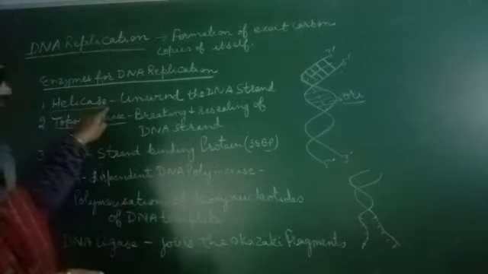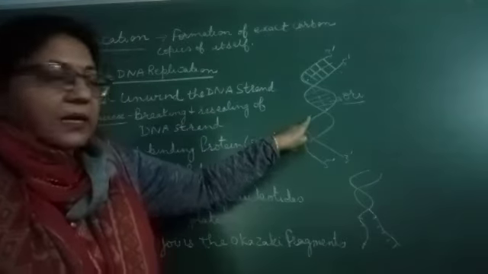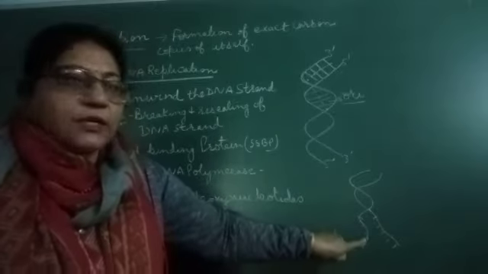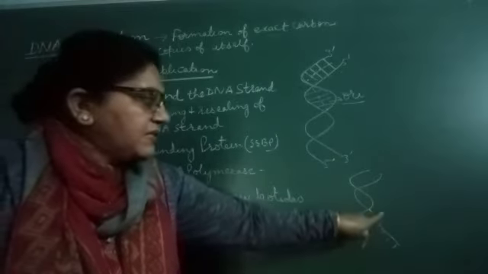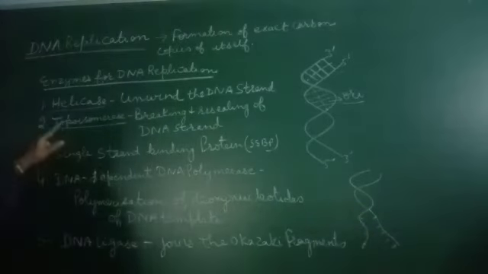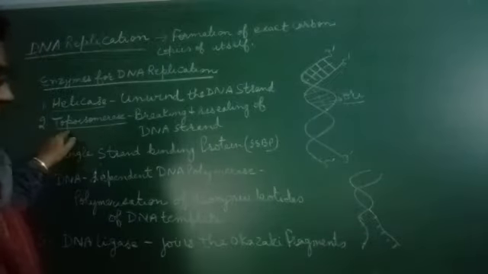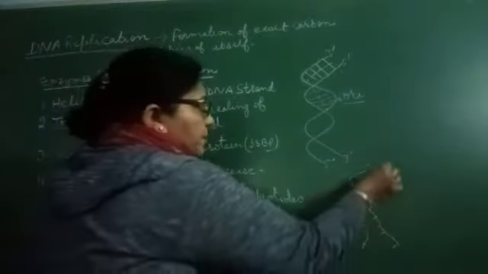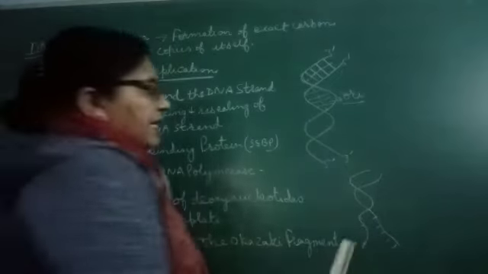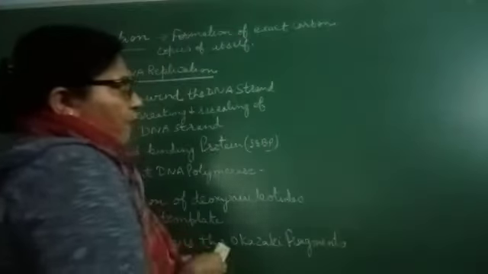So what is the function of helicase? It helps in unwinding the DNA. During the unwinding of DNA, they want to rewind it. To prevent that, we cut it and then reseal it with the help of the enzyme known as topoisomerase. After that, they become stable and form a fork-like structure that is called the replication fork.